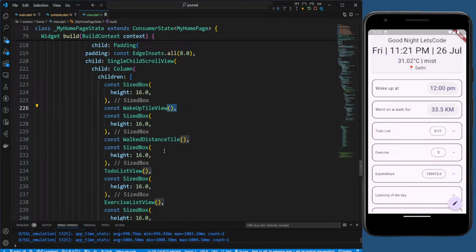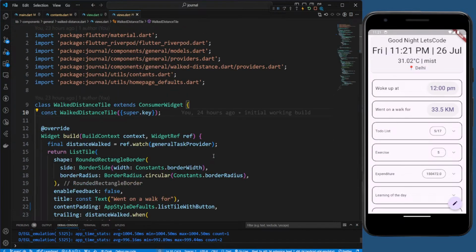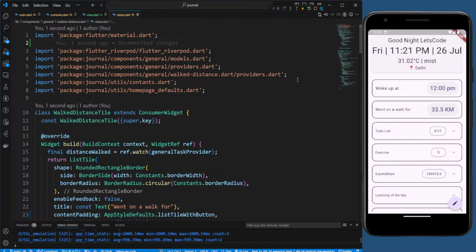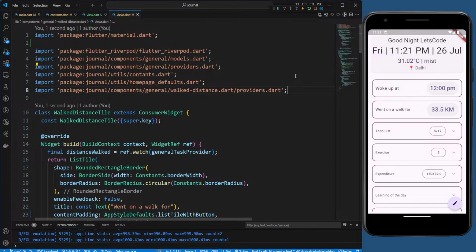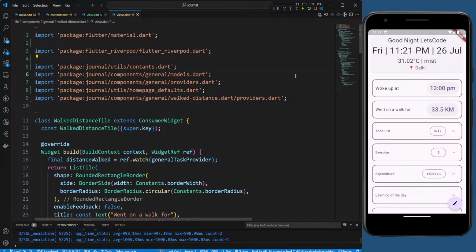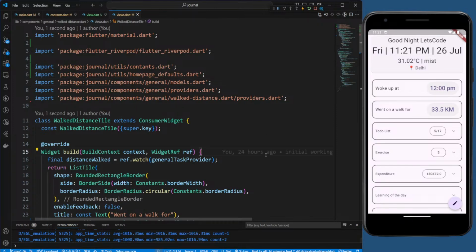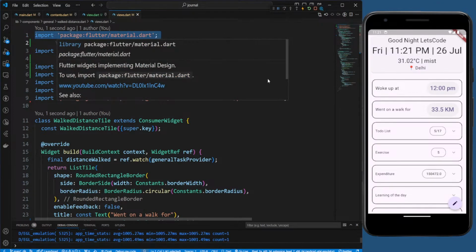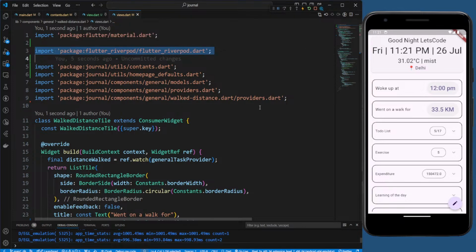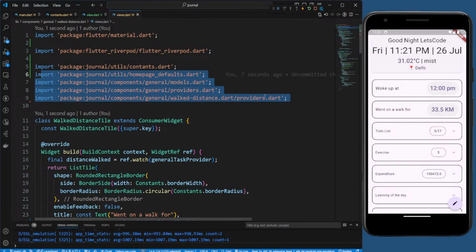Now let's see walk distance. This should also be a simple one, but yeah, let's see. Plus is this one, and bring this to the bottom, take this to the top. Yeah, this should be it. Same, we're just importing material, riverpod, and others are just dependencies on components and constants. Okay,